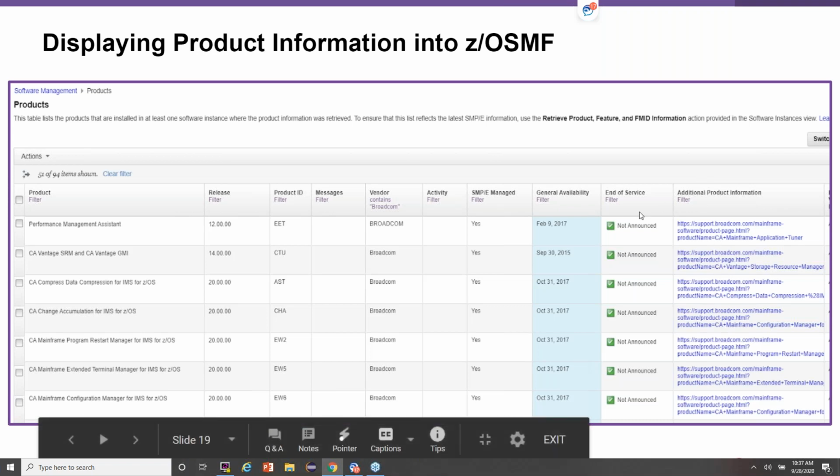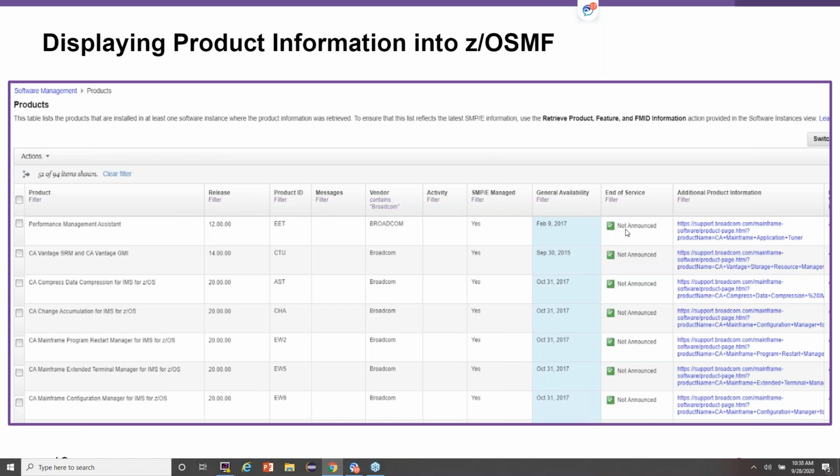You'll also see in the screenshot that I've taken, we don't have any that have announced end of service, but if one of these products did announce, you'll be able to see the date that product's going to go end of service. And if you want additional information, you'll be able to click on this link here